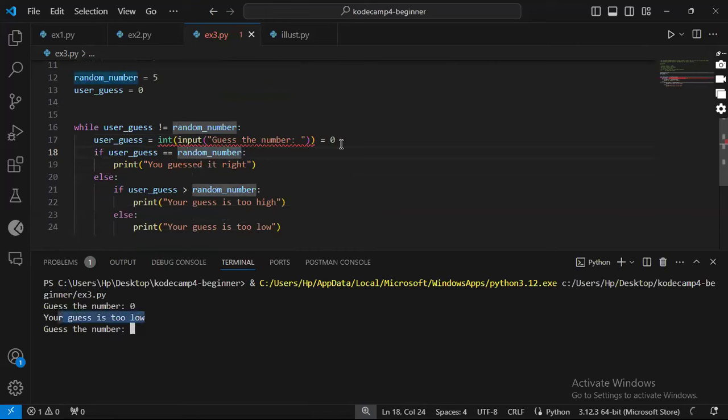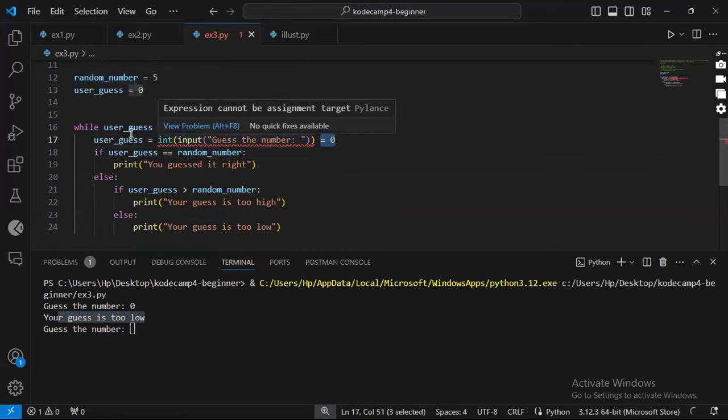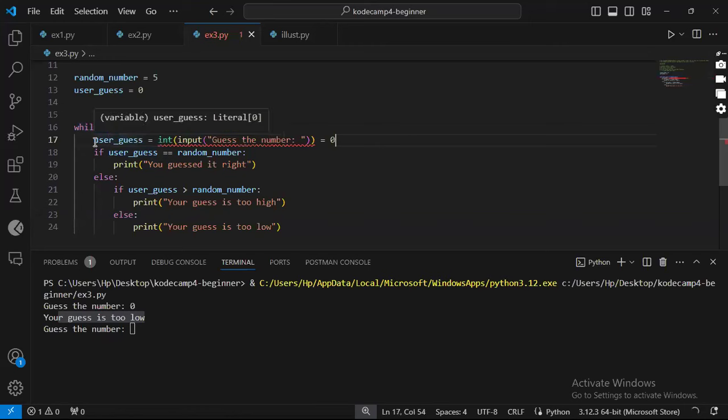Then it goes back again to check with the recent number we just entered, which in this case is 0. So you check again: is 0 the same thing as the random number? If this condition still holds true, then the loop continues again. But this time it gives us room again to update the value of user guess. So if I now come and say okay, let's do this with 5,